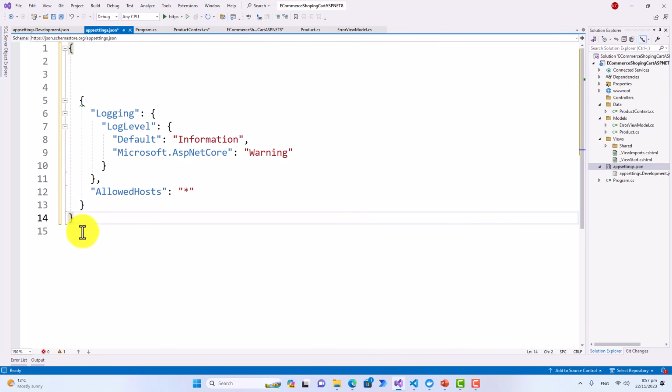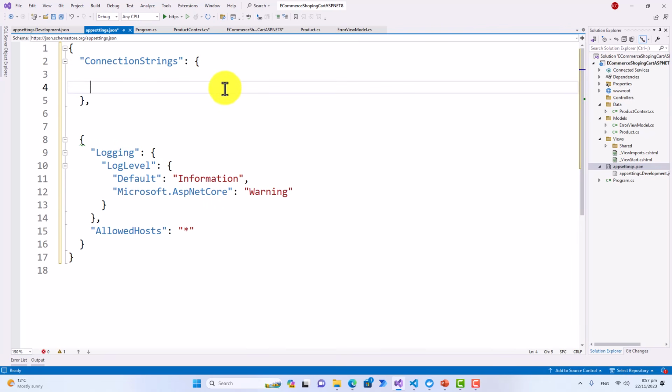So open brace and matching close brace over here, and here I will write another JSON attribute, ConnectionStrings, and then within this I will write the connection string within double quotes,